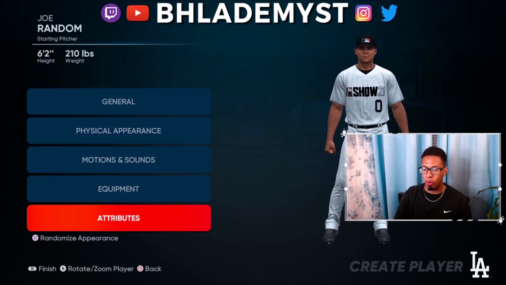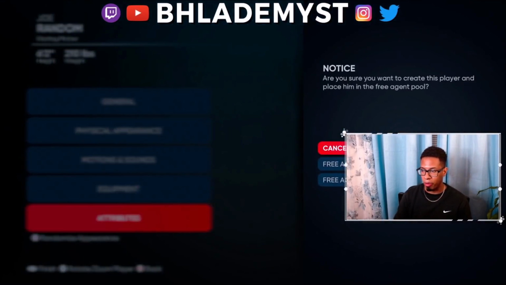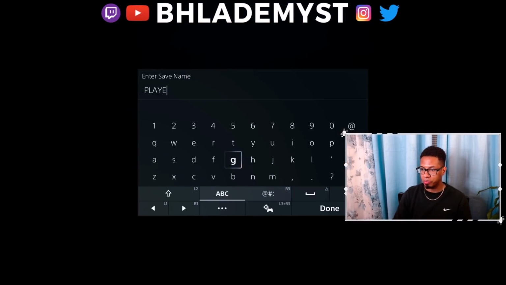After that, we're gonna press the options for finish, bottom left, whatever it tells you that button is for finish, you're just gonna press it, and then you're gonna press free agent pool and export player, the third option. I'm blocking it, but you can see me highlight the bottom option, the one at the lowest. So we select that, and we're gonna enter a save name, and the save name is going to be SP,